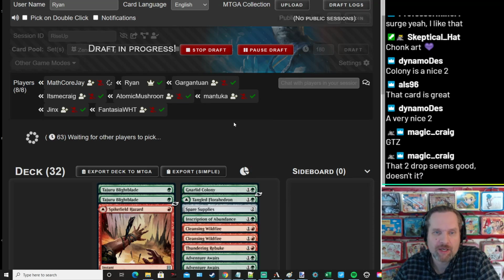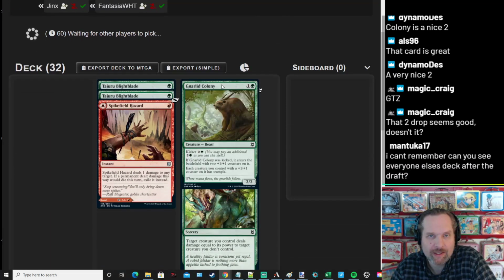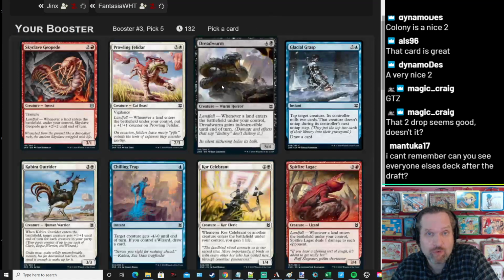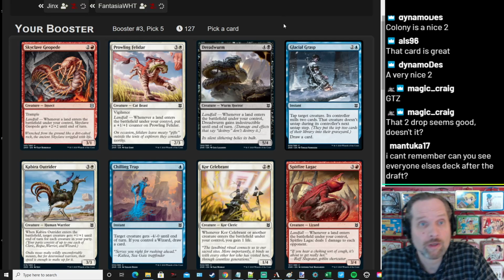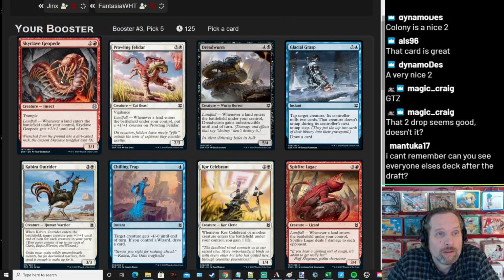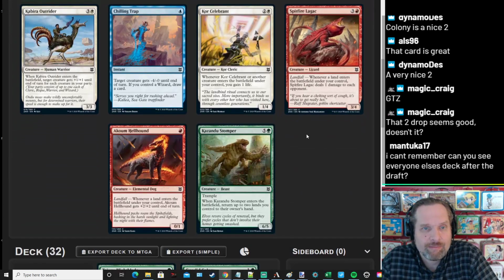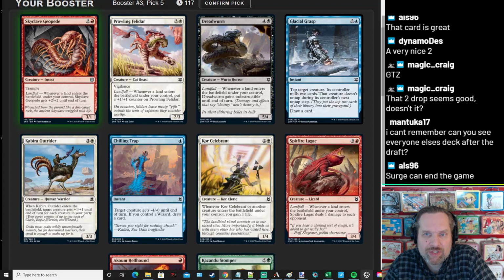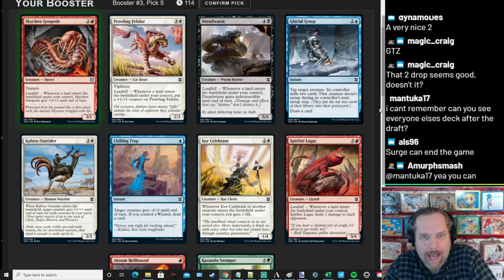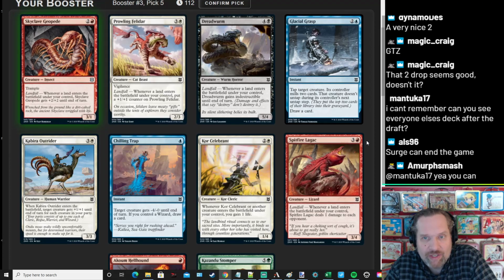Yeah, I love grizzly bears with really solid upside, and a grizzly bear that can be a 4/4 for 5 and gives a 4/4 trample for 5 that gives other stuff trample seems great. Skyclave Geopede, we saw this one earlier. We could play that, but what else is there? Yeah, looks like red-green is just all kind of being landfall aggro here. I think we'll leave it on